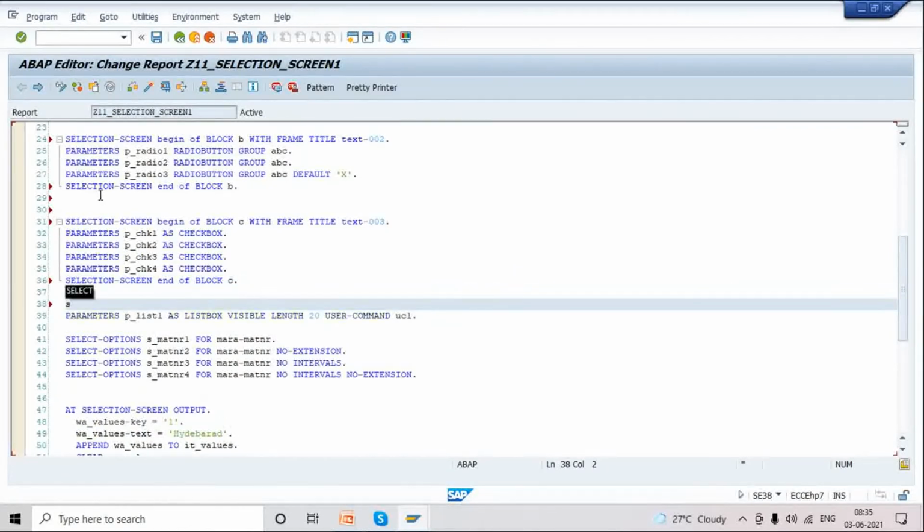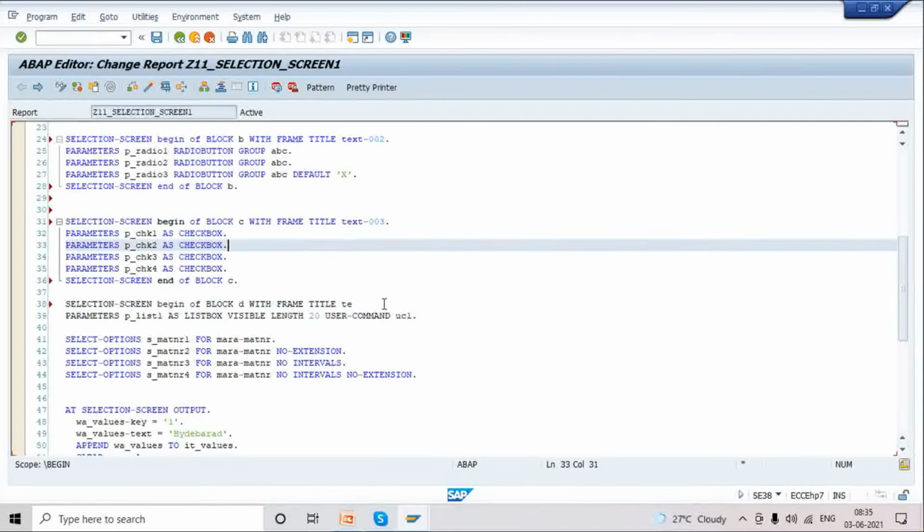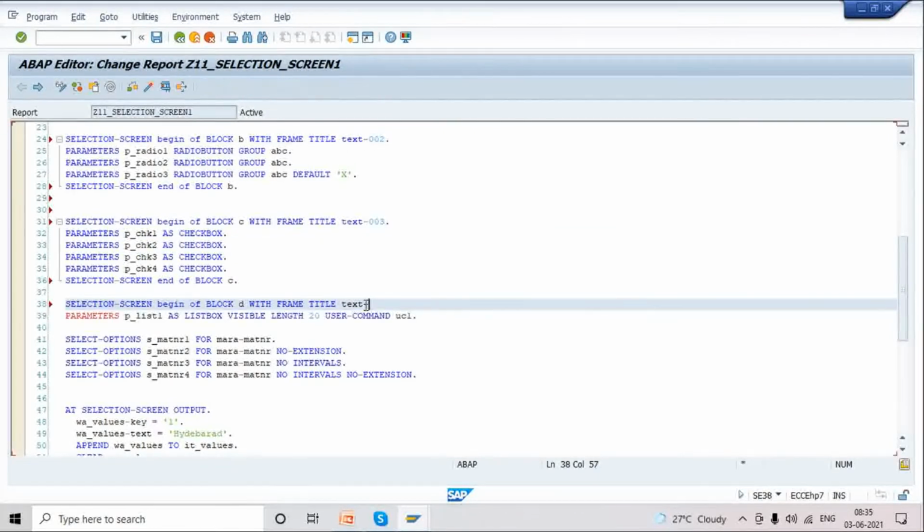Now for list box also we have to create one more. Selection screen, begin of block D with frame title text 004.